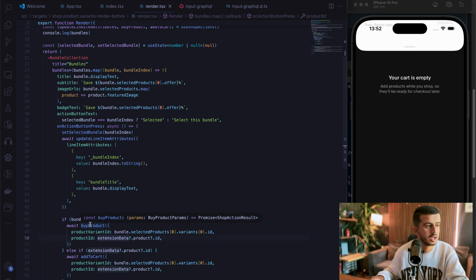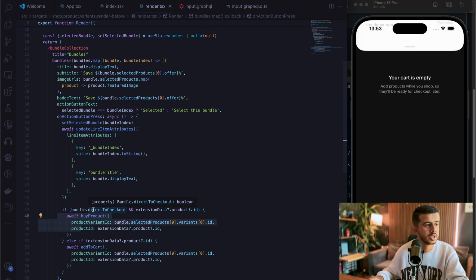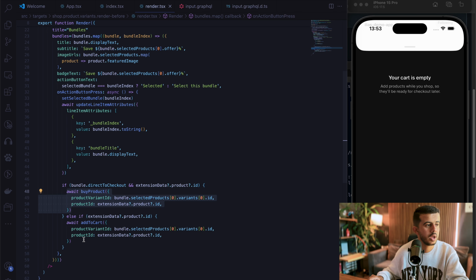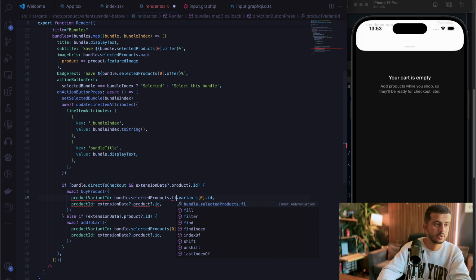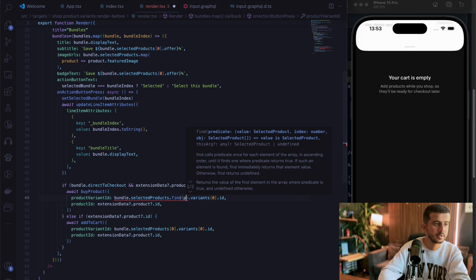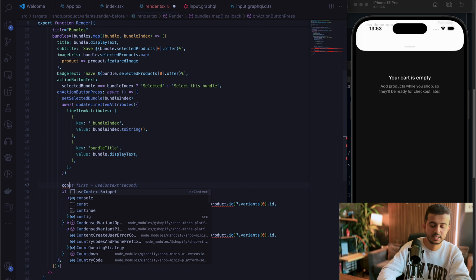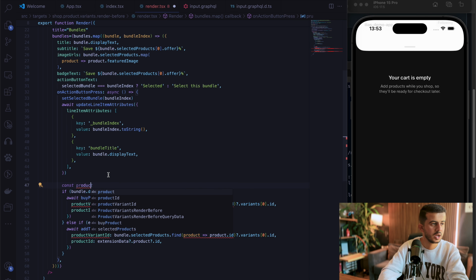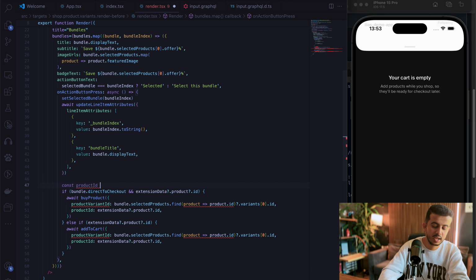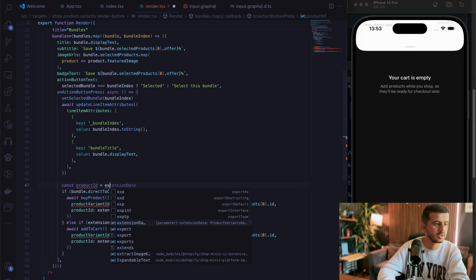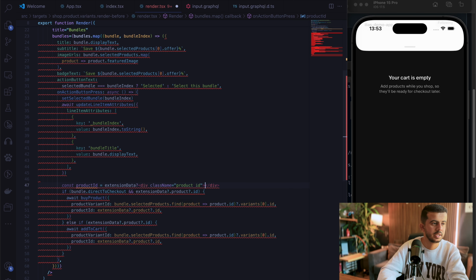So currently when we are clicking on this one, it will have the index, and when the bundle is set to direct to checkout, we can just trigger the buy product function. If not, it will add to the cart, but there is a problem with that. I will show you the issue. Also, you can, for example, here do something like this: find product. Let's make it simple. I will make it product id, its extension dot product dot id,